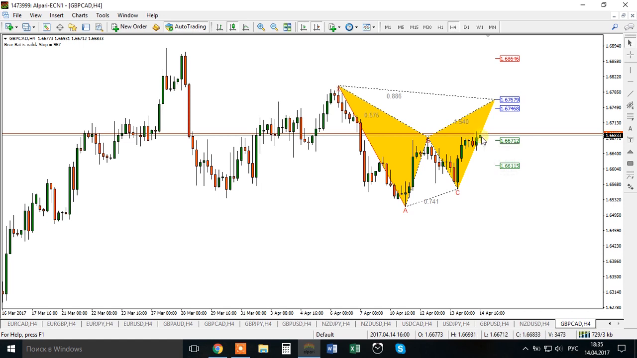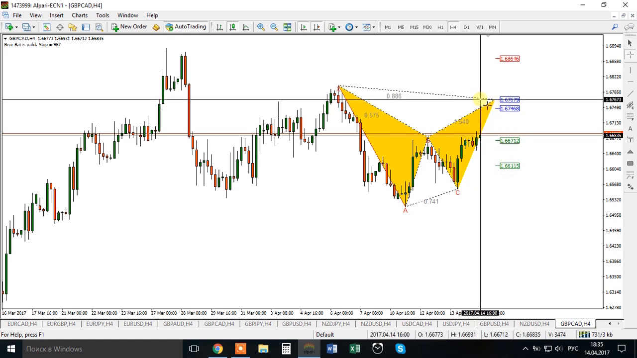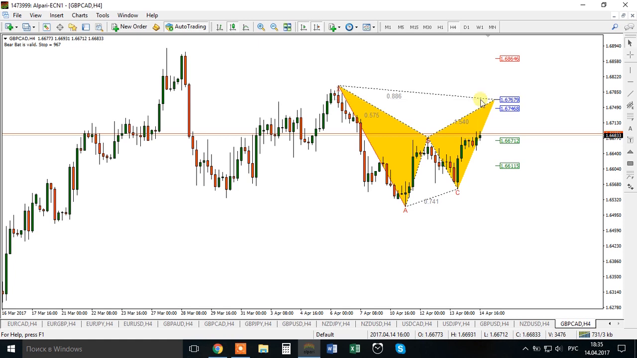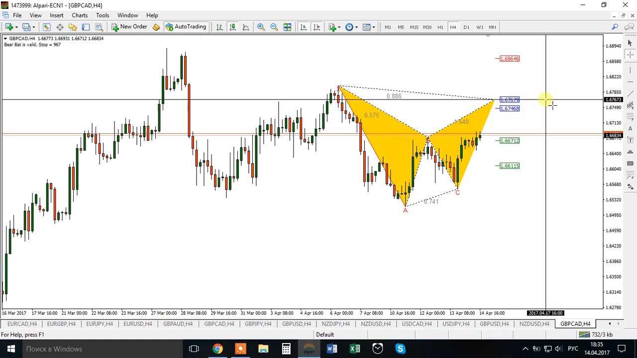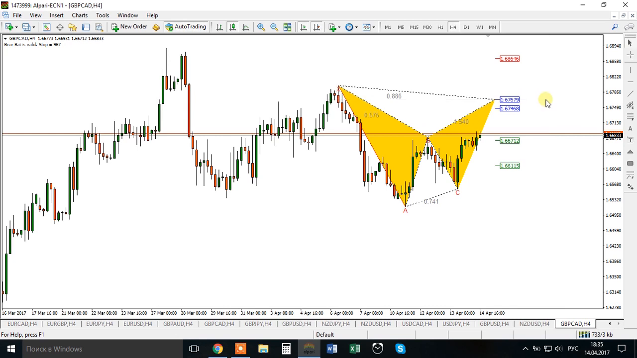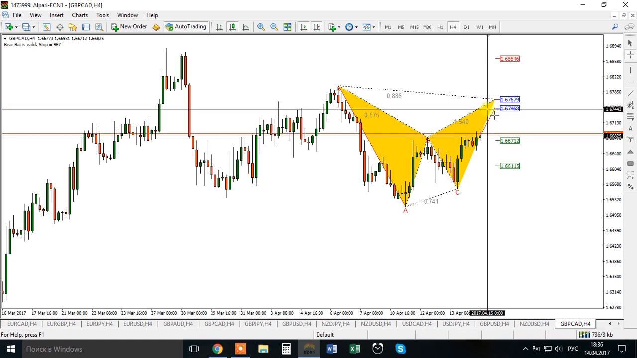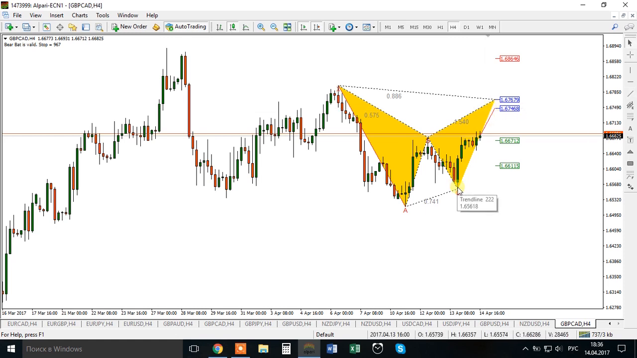First of all, the pattern is completed at this point, which is 886 of X to A, this second blue arrow. Only when price reaches it is the pattern completed. Before that, we just wait. We don't trade it to the upside. Keep this in mind. Okay, second, if price goes to hit this level, which is exactly 90% of the CD leg completion, this second blue line,